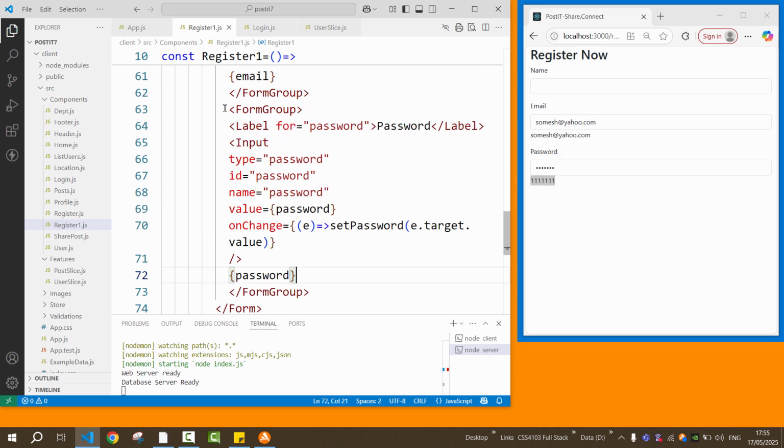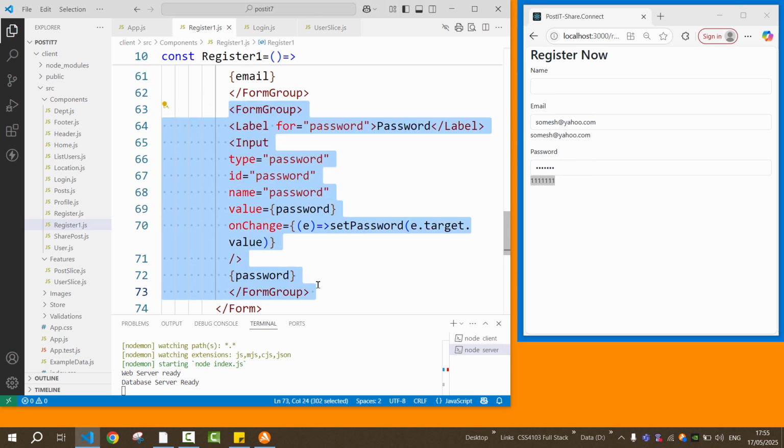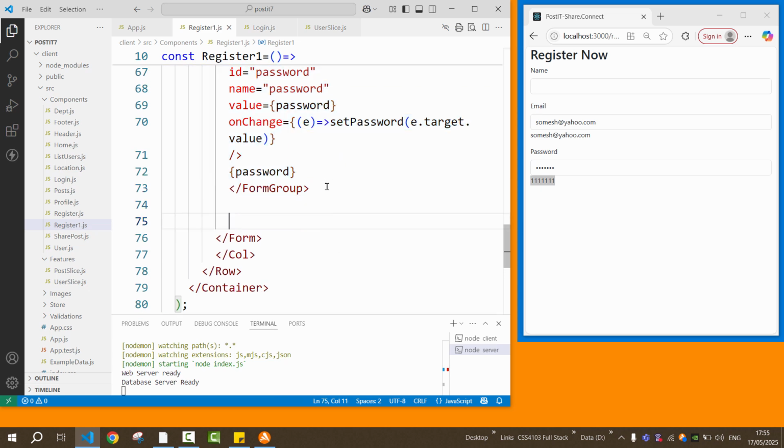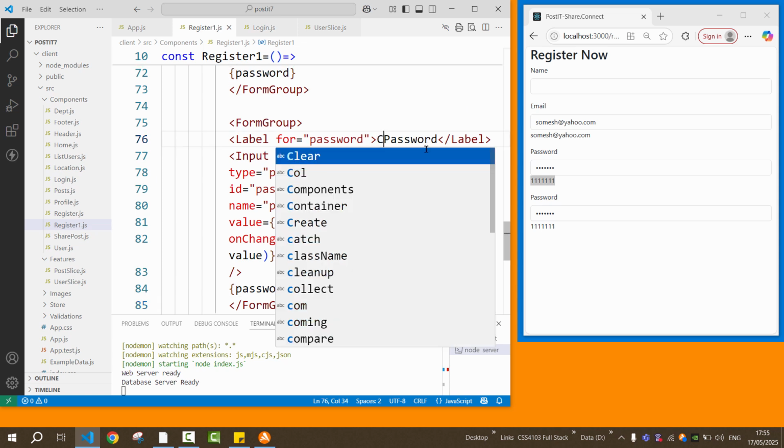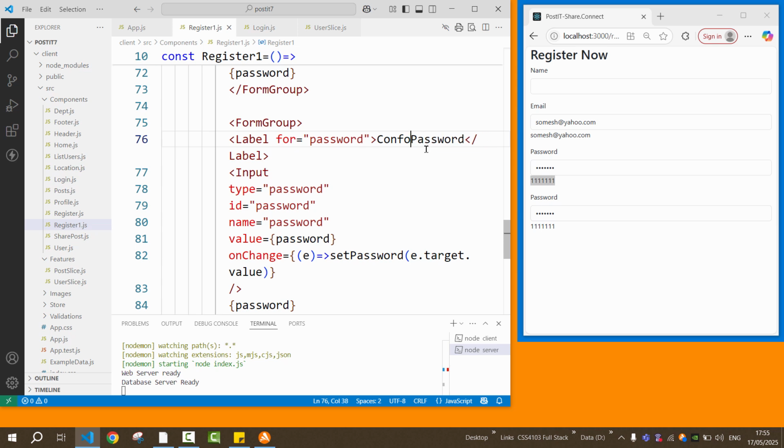Okay. Now the last control is the confirm password. So I just copy this form group again here, and the label is confirm password, and we'll call this control where we are putting the confirm password. We'll give it name and ID as confirmPassword, and here type will be password, of course, and ID confirmPassword,